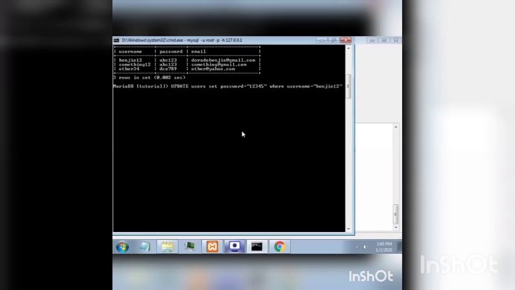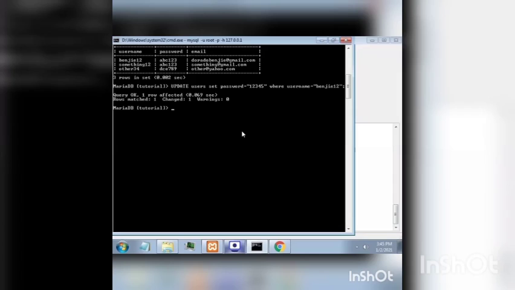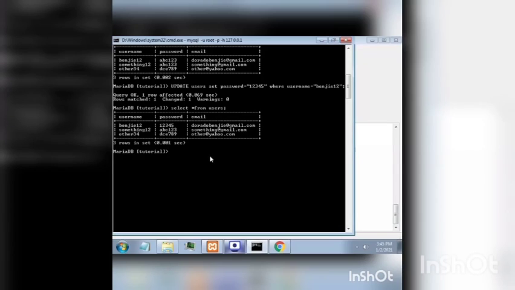Semicolon, hit enter. Okay. Let's see if it changed. You can see the password of Benji12 is updated to 12345.